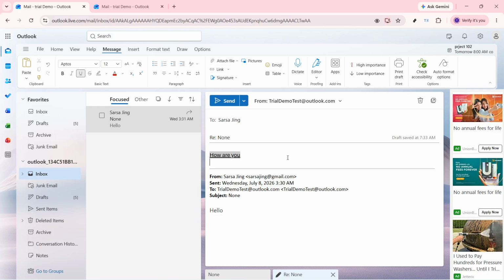to read. And that's it. You've successfully highlighted text in a Microsoft Outlook email. It's a small feature, but it can make your emails clearer and more effective when you need to emphasize something